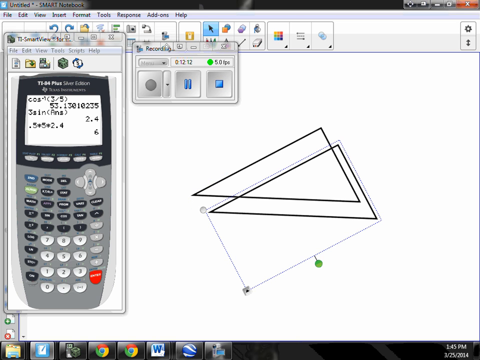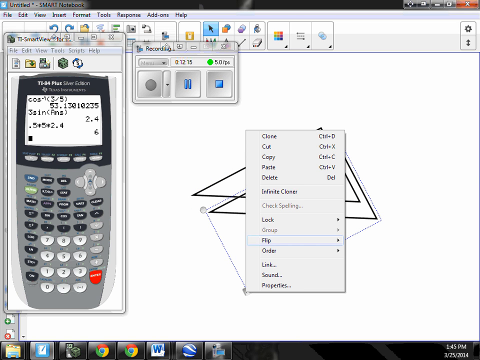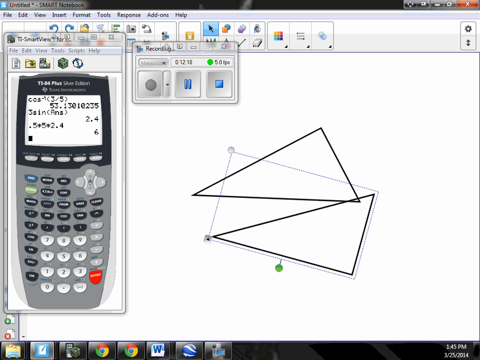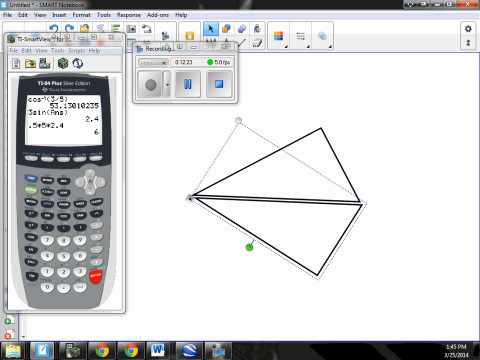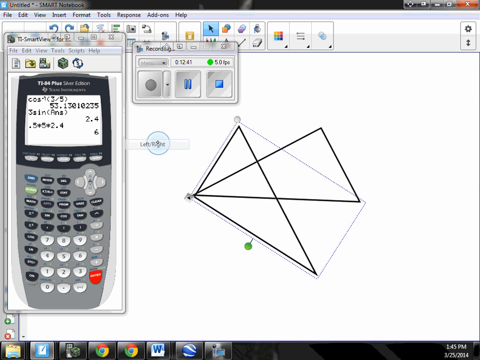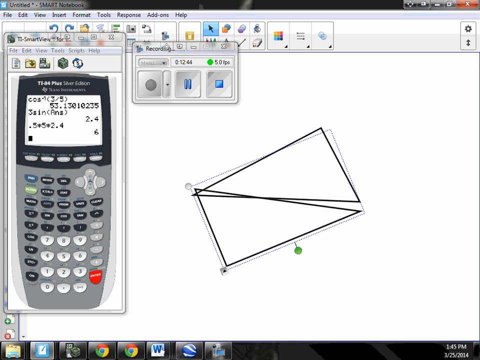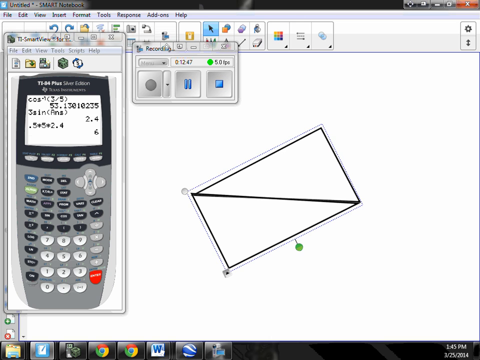Clone it. Now I want to flip it. And then I just got to rotate a little bit, right? Does that make a rectangle? What do we call that? That's a kite. So if you flip it across the hypotenuse, that doesn't work. Right? And if I flipped it again the other way. Okay. Does that work? Yeah, so if you flip it twice, vertically and horizontally, then you'll end